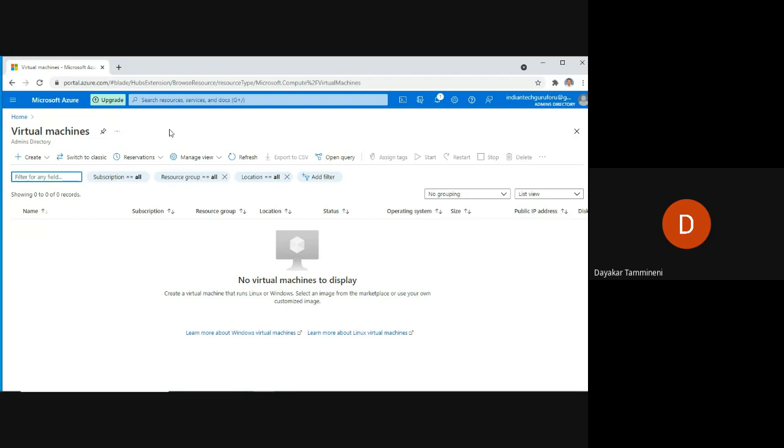Similarly, a resource group can be created in Azure Portal in two different ways. What are they? In Azure Portal, we can create a resource group in two different ways.